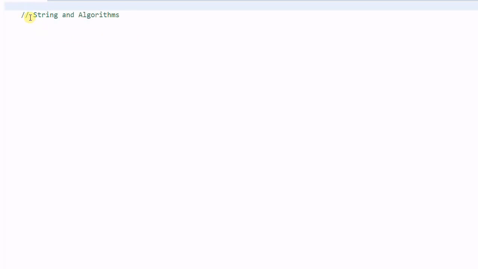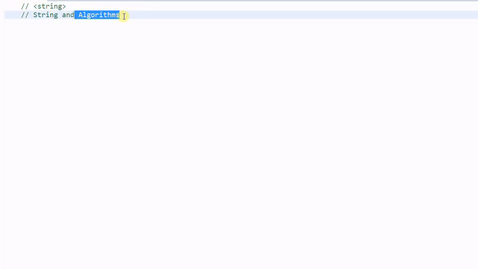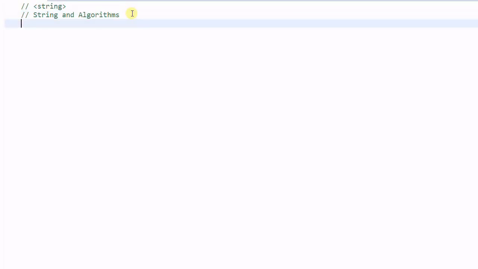Today we're going to talk about string and algorithms. So far we have talked about all the functions that are defined in the string header, which includes the string's member functions and some global functions. One big advantage of the standard library string is we can apply the STL algorithms to a string just like applying to a vector. So if we have s1 equal to